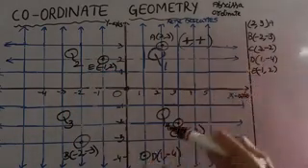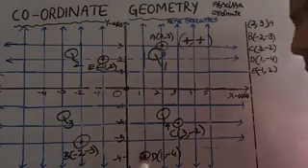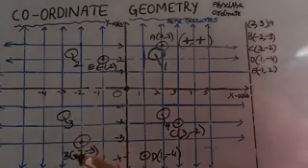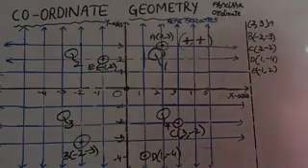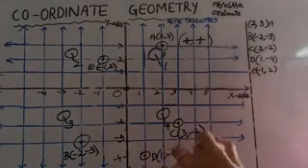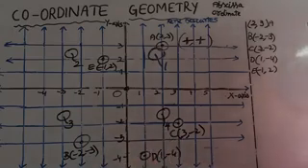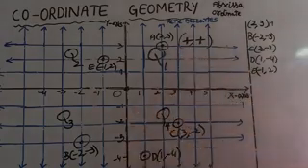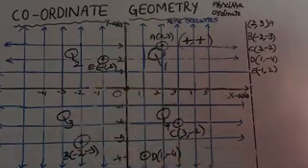And if both the abscissa and ordinate have negative signs, that means both are negative numbers, all those points lie in Q3. Next, if the abscissa is positive and the ordinate is negative, all those points lie in Q4. Generally, you won't get any confusion for Q1 and Q3. Both positive, those points lie in Q1, and both negative, Q3. But somewhere you will get doubt for Q2 and Q4.